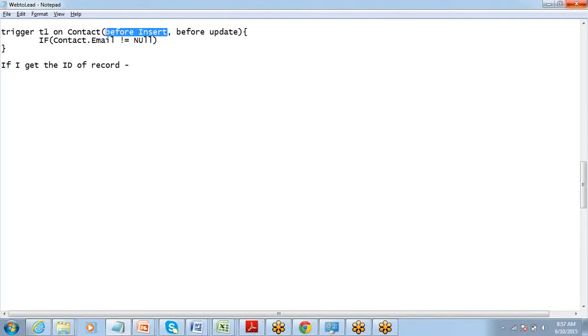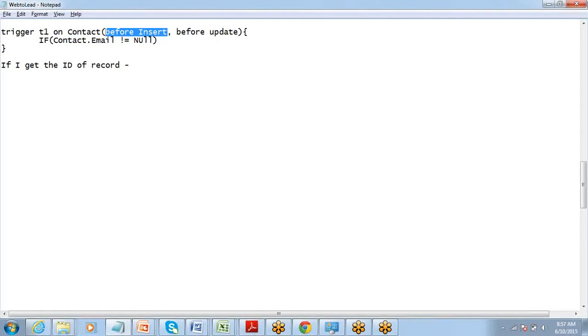Then the other logic he told is that if the ID is not generated and the record is yet to be created, then there is only one record on the verge of getting created. It's just one record knocking at the door, saying, please let me in. So if I have a mechanism to check the record which is being inserted, then it becomes simpler for us, right?